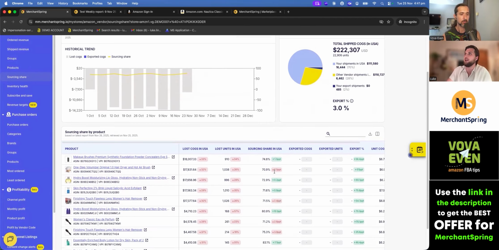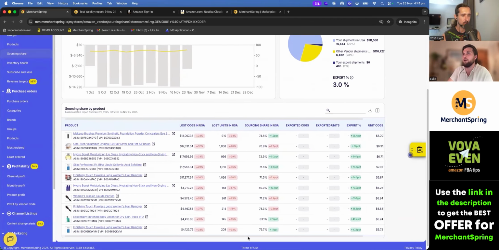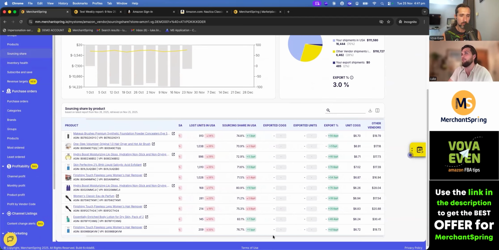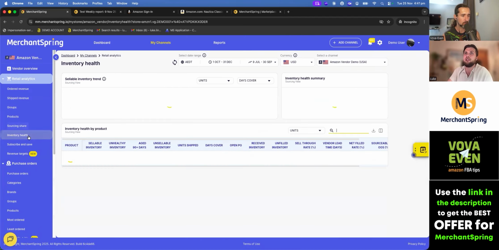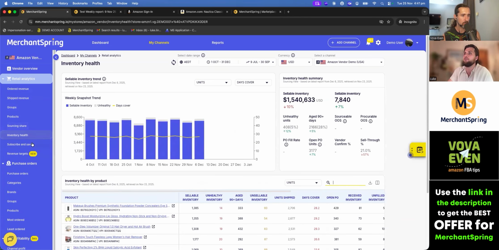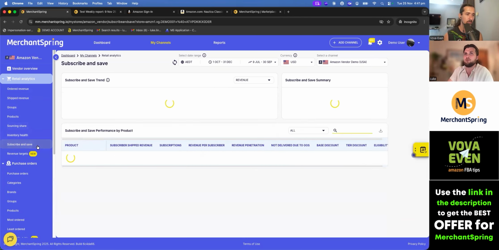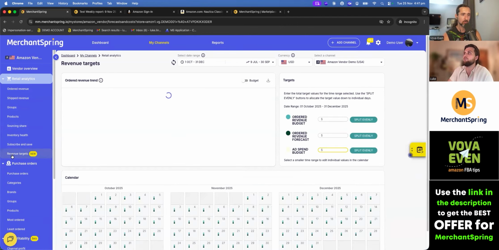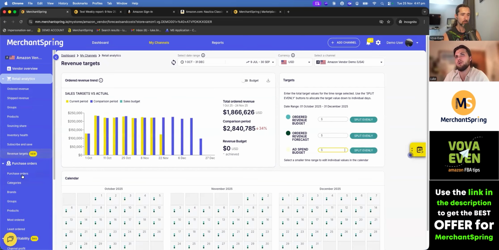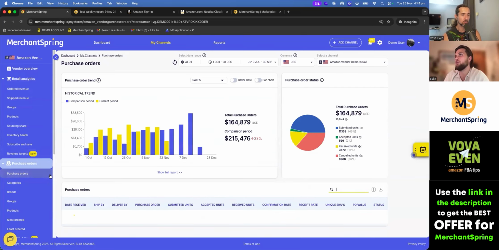And then as we go down, we can see into a deeper area, the sourcing view. We can see things around inventory health, Subscribe & Save, very similar to what we've already covered. Our revenue targets as well. And then we can go into our purchase orders as well, right? So our purchase orders,